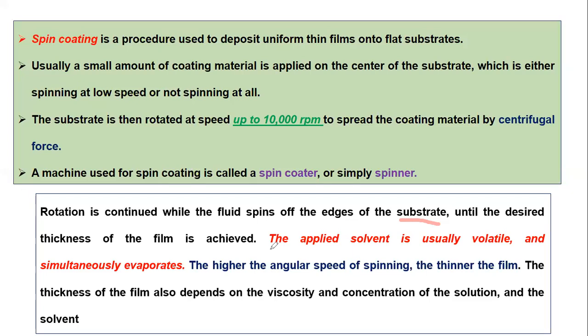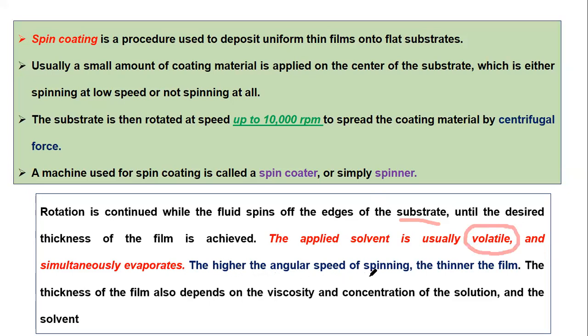Volatile means that the solution or solvent is a type of material, a type of substance, that eventually evaporates naturally. It means that within atmospheric conditions, that kind of system can evaporate. That is why volatile substances or solvents are required.